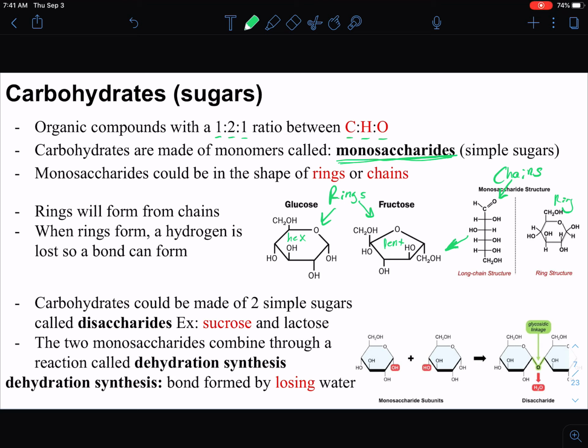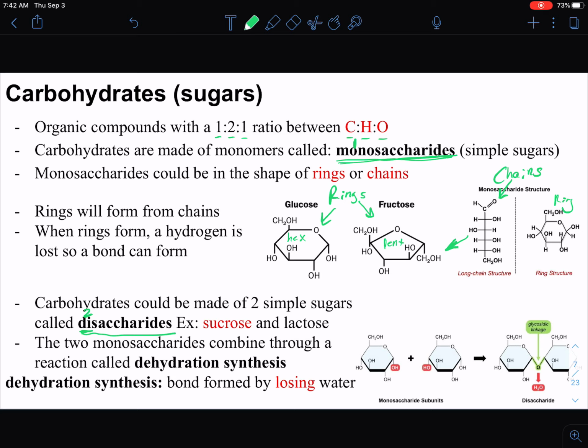Now, carbohydrates could be made of 2 monomers. They could be made of 2 simple sugars only. And when you have them made of only two simple sugars, they're going to be called disaccharides. Di means two. Mono means one. So disaccharides would mean two. An example would be sucrose and lactose, where you have the two monomers bond together,